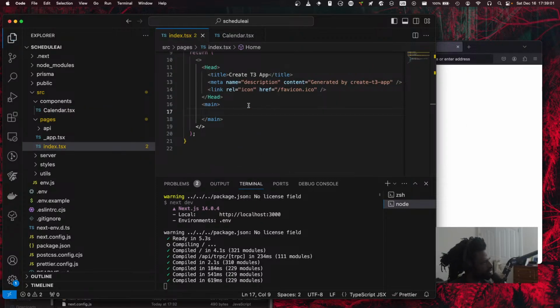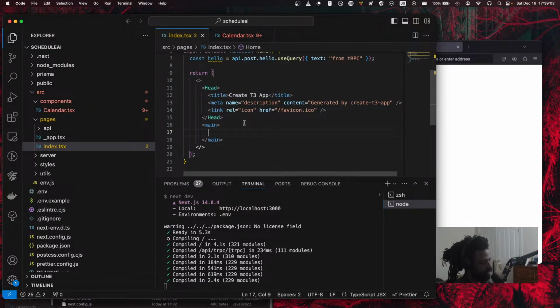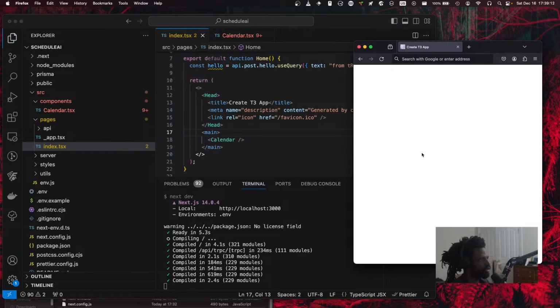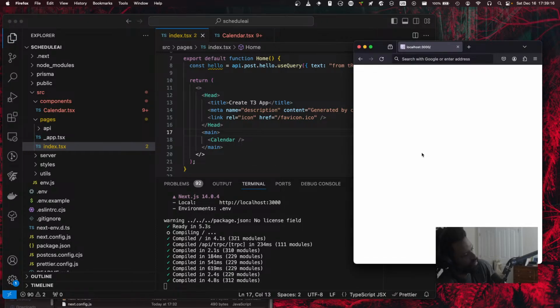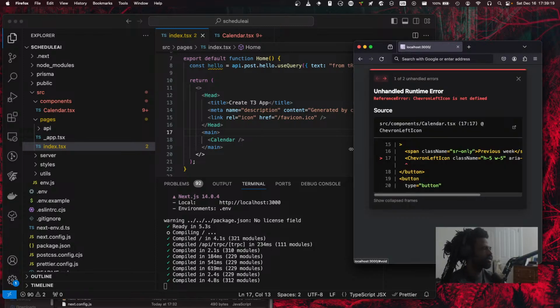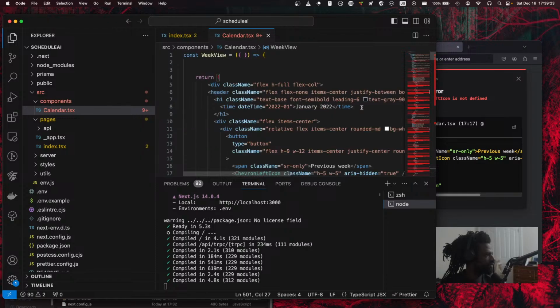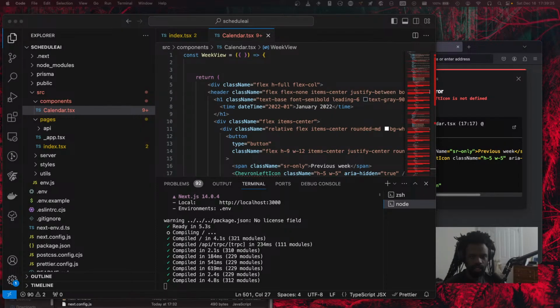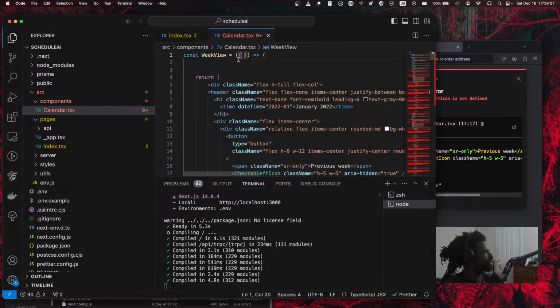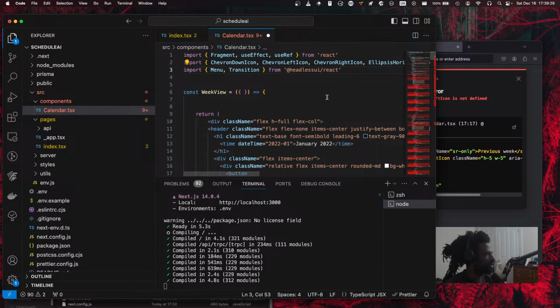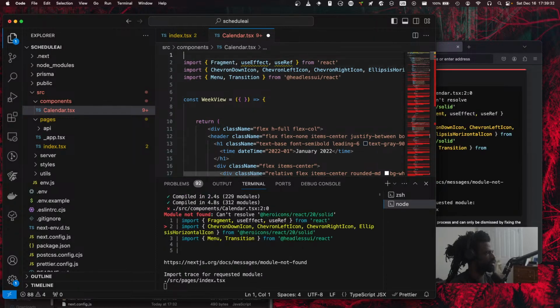And then what we're going to do on here is actually just import calendar. Quick fix. Oh, shoot. So yeah, I imported and I completely forgot that there is a bunch of imports that need to happen. So we're going to go ahead and do